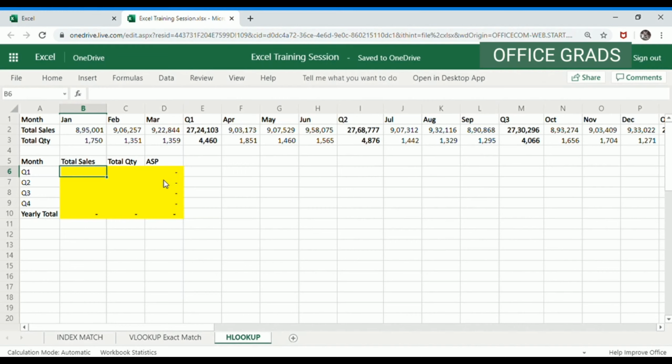In my last video, we discussed VLOOKUP with exact match and VLOOKUP with approximate match. So let's start by discussing the difference between HLOOKUP and VLOOKUP. The full form of HLOOKUP is horizontal lookup. What I mean by horizontal lookup is that my lookup value as well as the entire table array is